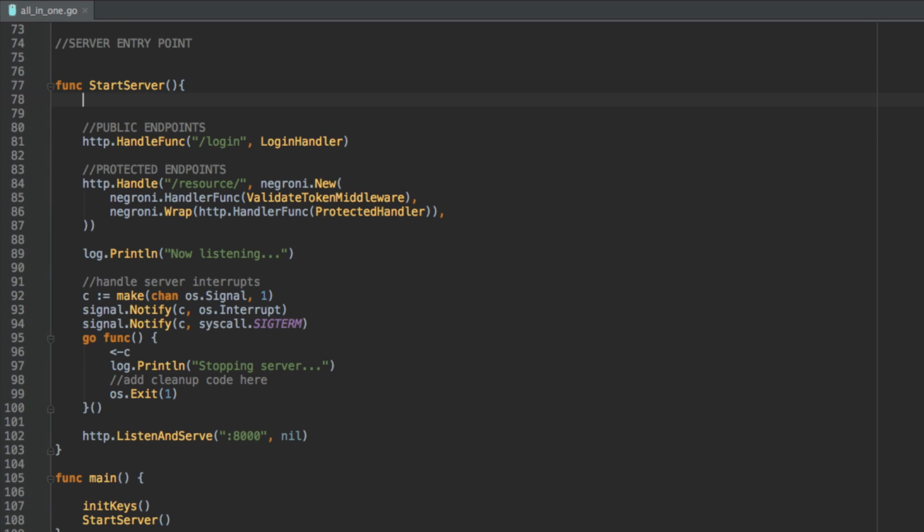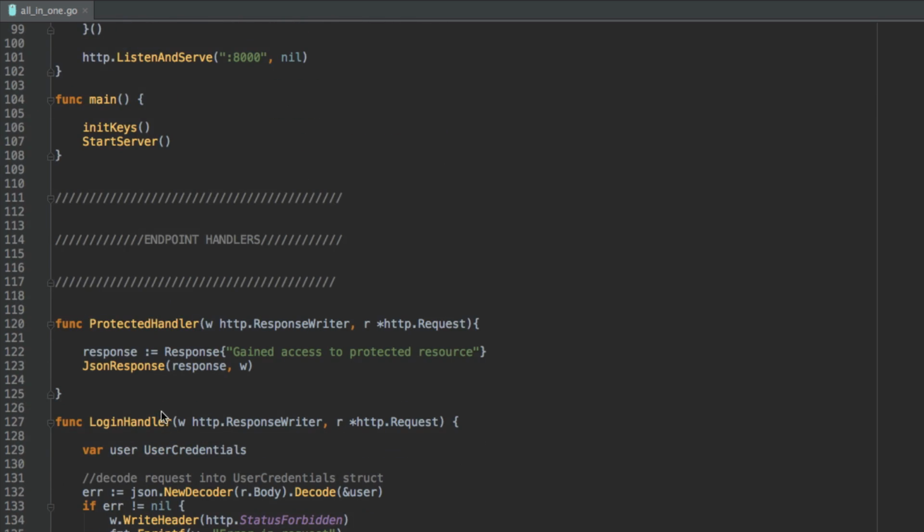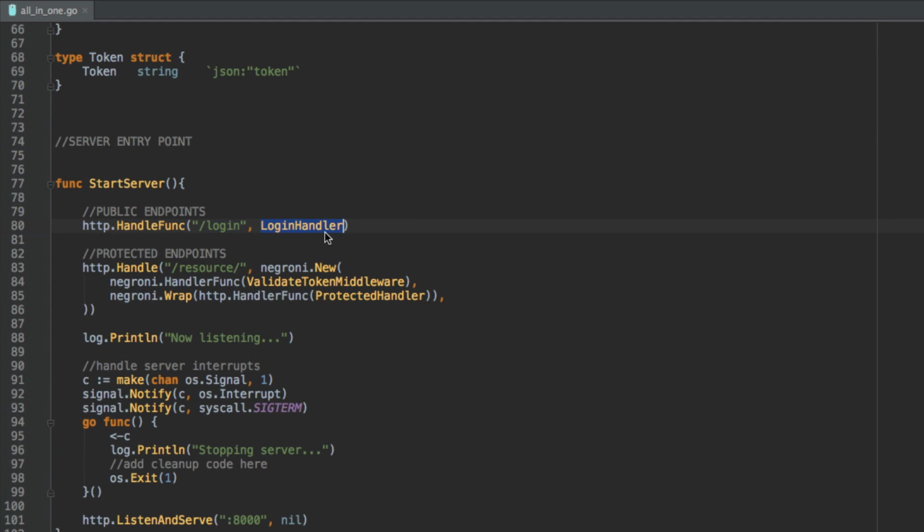So as JWT implies, it's there to protect your RESTful resources. Here I've got a public endpoint, so you don't need JWT authentication to access this. You can access this via a post request, which we'll see down here, login handler. And this is basically going to get JSON data which is posted. And then here we have a protected endpoint, which is /resource, and here we're using the Negroni package,